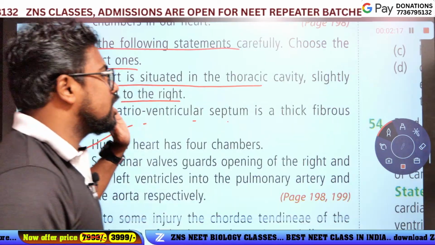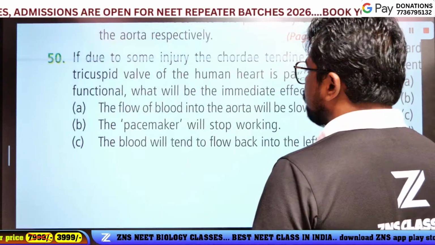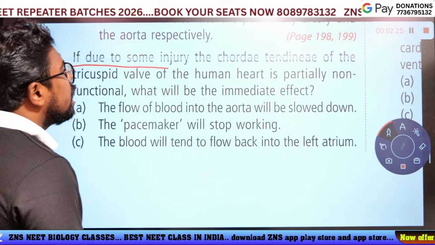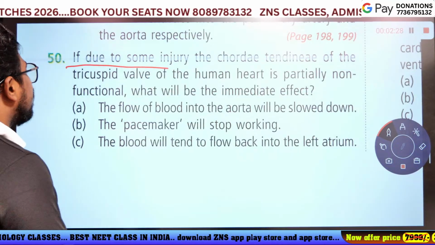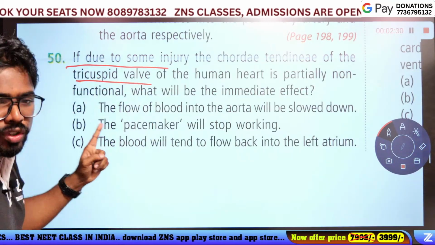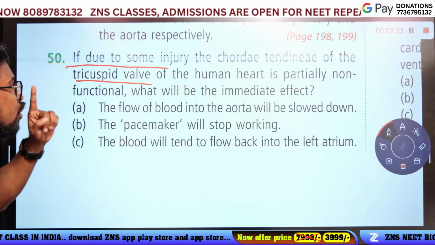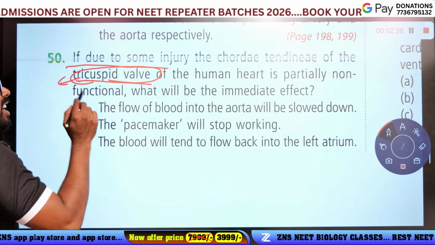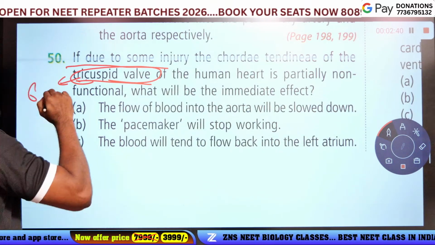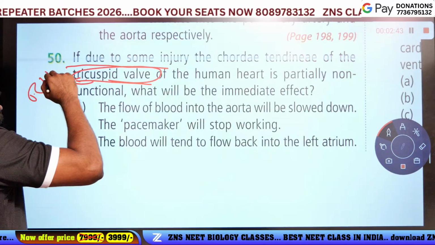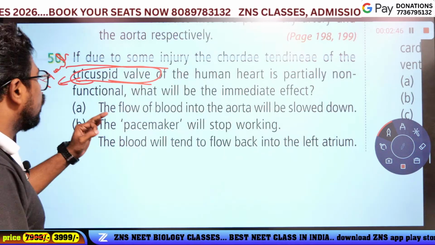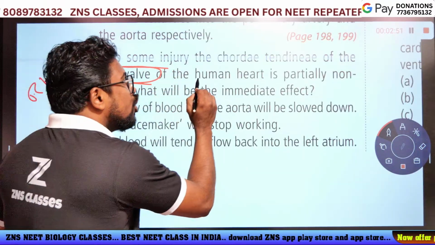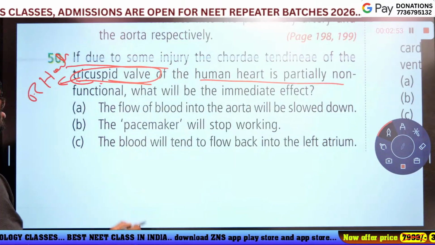Okay, that's the 49th question. Now the 50th question. If due to some injury, the chordae tendineae of the tricuspid valve... it's a trapped question. Just note, guys, it's a trapped question because of the tricuspid valve. The tricuspid valve is present on the right side of the heart. If due to injury the chordae tendineae of the tricuspid valve of the human heart is partially non-functional,